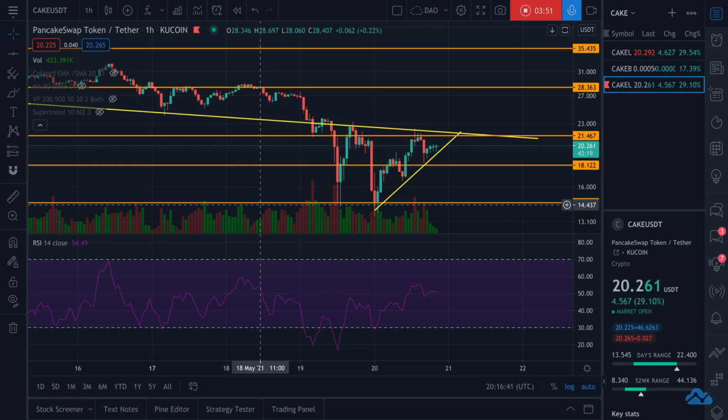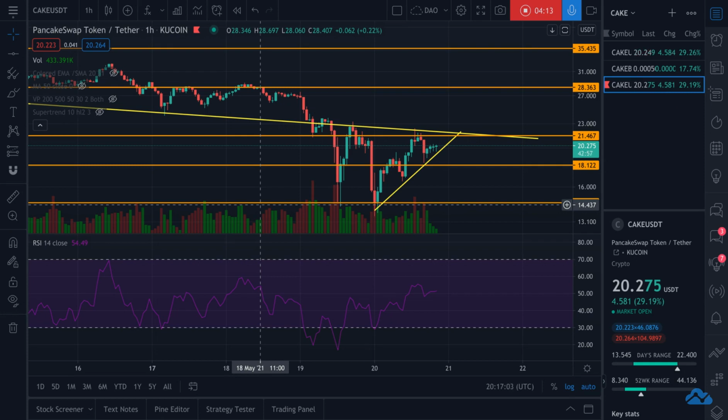Extremely high trade volume. They had $3 billion of trade volume the other day. That's obviously going to help them buy more and burn more. And so the more trade volume, the better. I think they have a lot of good development going on. When they finally get their prediction market app running properly, that's going to be a huge burning machine for Cake.